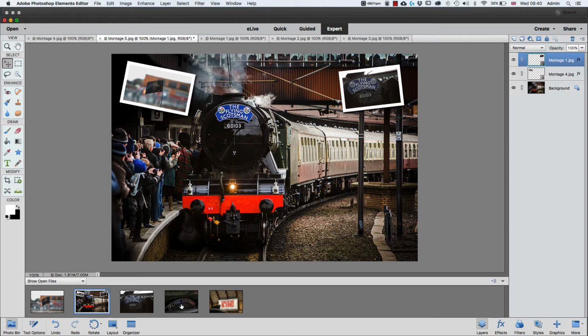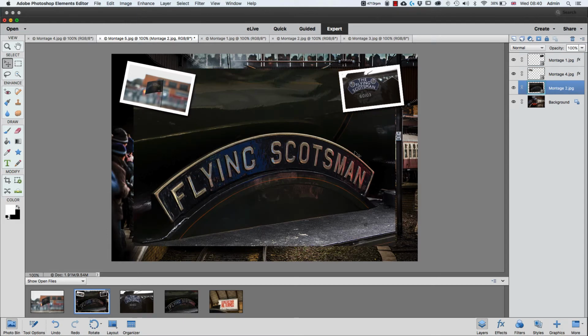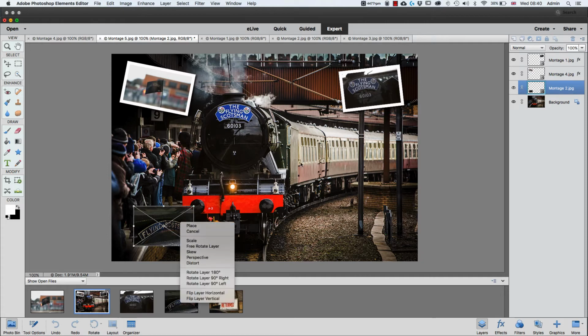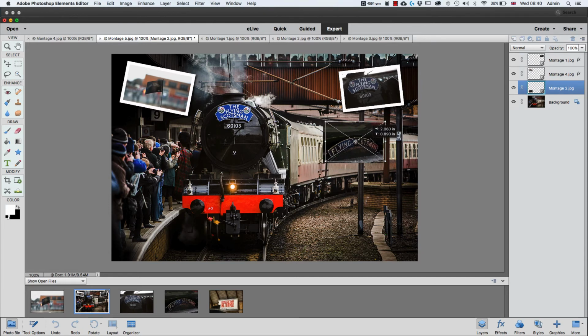Okay, let's try another one. I'll try this little detail shot of the Flying Scotsman plate. And I'll drop that in. And again, Command and T. Let's drop it down a little bit. Something like that. I've still got the move tool because I'm in transform, so I'll drag it up somewhere here. Again, move outside, just put it at a little bit of an angle